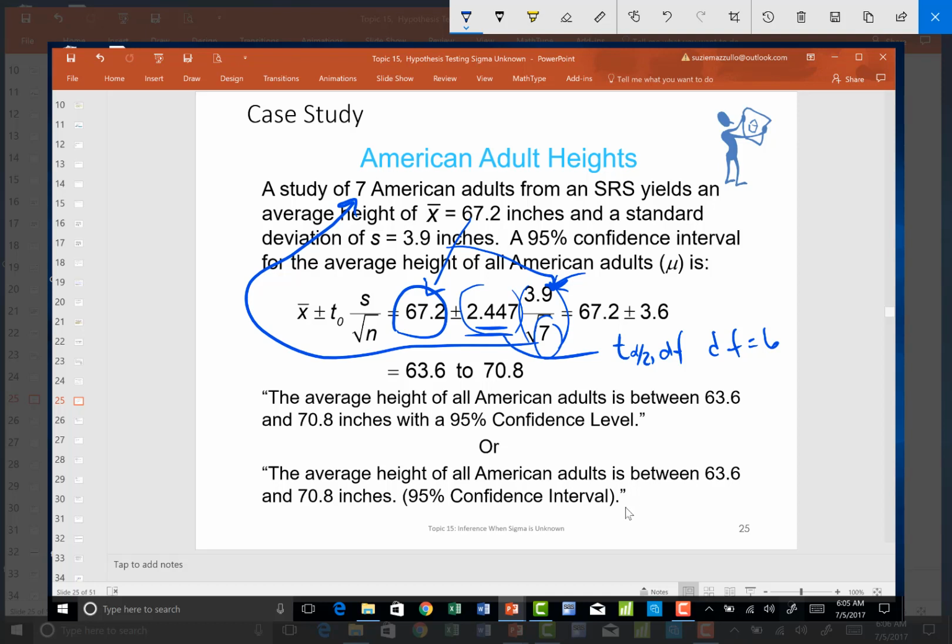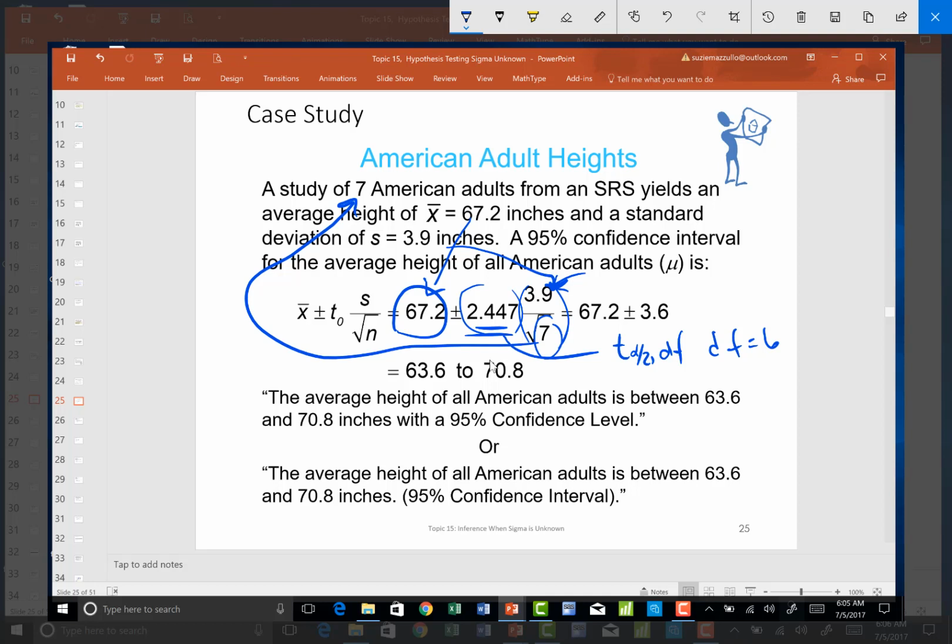Now we can use Minitab to help us find these confidence intervals, and also looking at the output of these. So we're going to look at, real quickly while I'm in Minitab, we're not only going to look at doing the confidence interval, but we're going to look at a hypothesis test